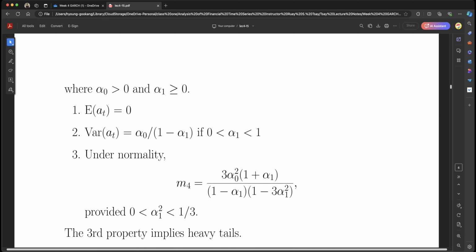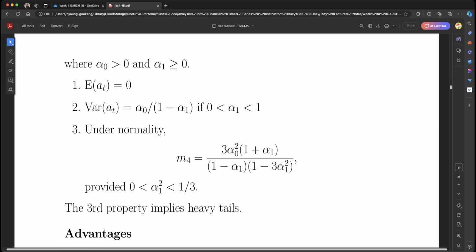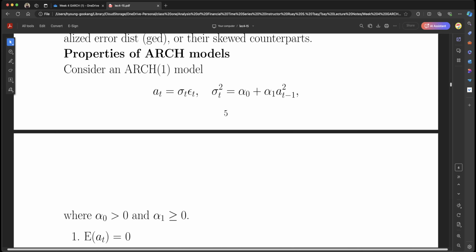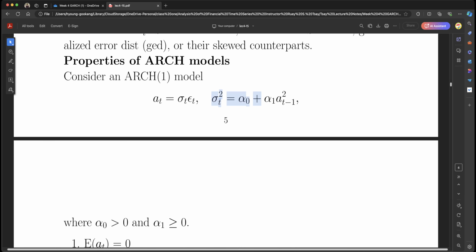Under normality, M4 looks like this one. Okay, so we have 6 because now we have time-varying variation. We have 6 tails, so the third property implies heavy tails. Okay, this one is heavy tails. So if we ignore this part, the stock return is normal distribution. But if we take into account that variance itself can be changing, the stock return has a heavier, thicker